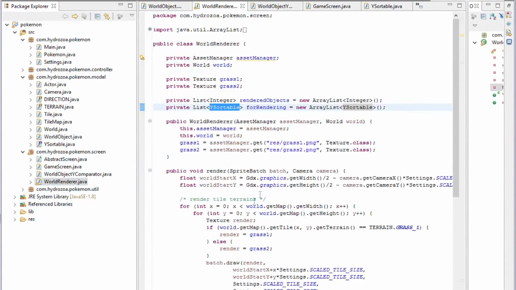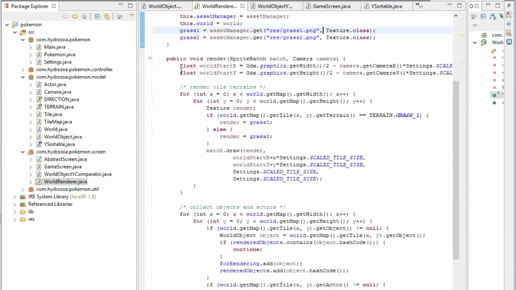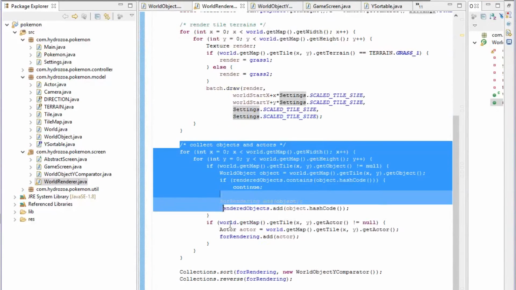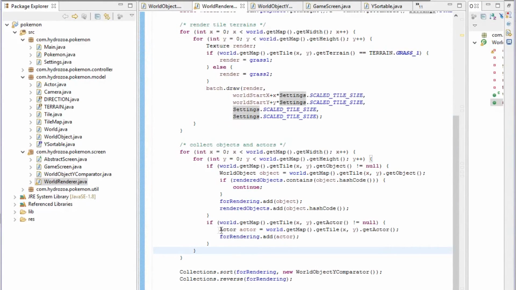So you can see the renderer here works its way through the tile map, and then it goes through again, collecting all of these actors and objects, putting them in the for rendering